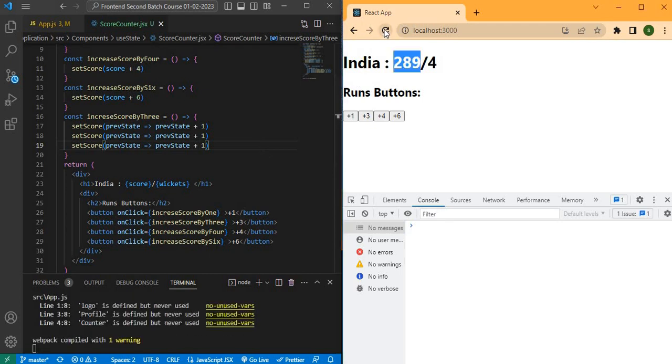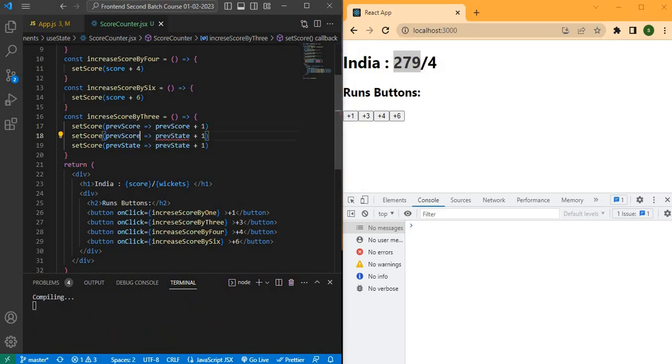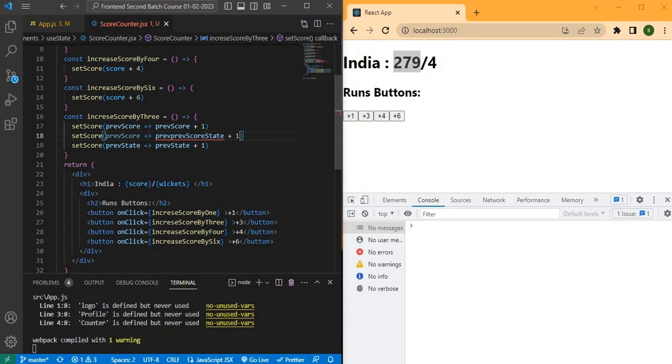Okay, copying it 3 times here, the previous state. I'm clicking on this plus, the value increases by 1. I'm clicking on this plus 3, here the value increases by 3 as expected. We can change this previous state like a previous score,